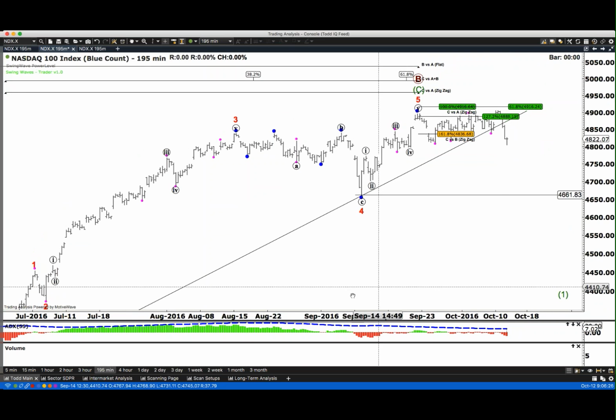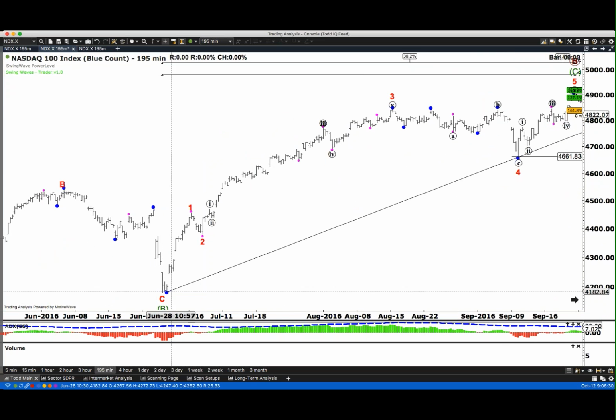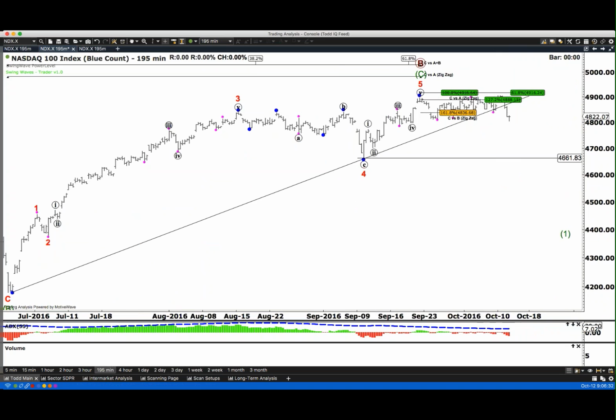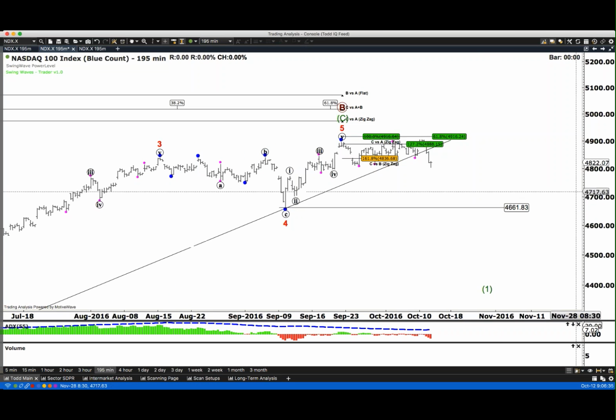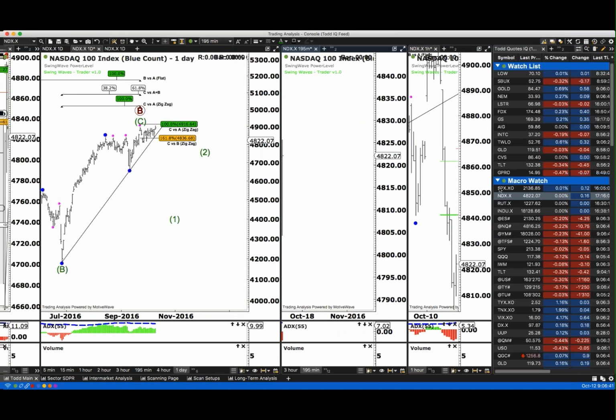So we did break through this uptrend support that is sourced off the low from February 2016. Actually, it's January 2016. So we did break uptrend support. So, if we have more follow through to the downside today, this is the end. This is potentially the start of a pretty significant down move.